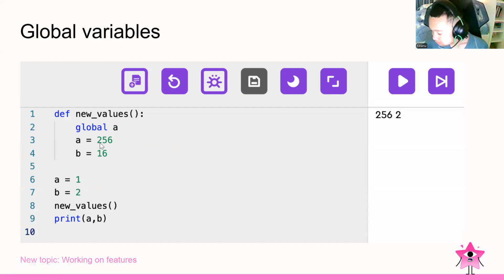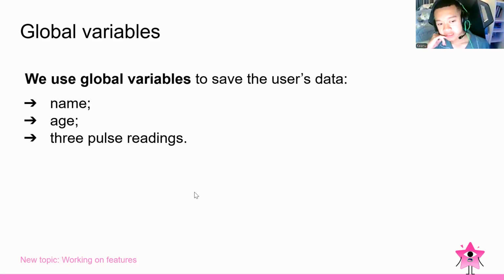The previous was 1 and then it will be 256. But B is not a global value, so it will stay 2. When we print A, B, it will print 256 and 2. That's it. Understood? So we use global variables to save the user's data, the name and also the age, and also the three pulse readings for this one.